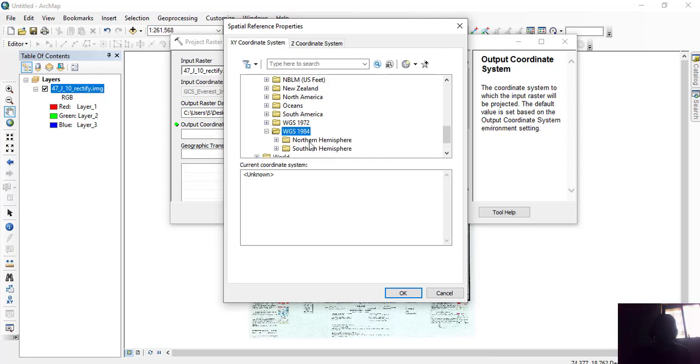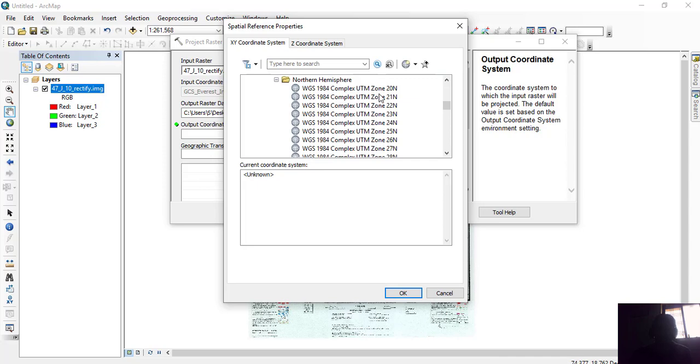So go to that. Now India is in the northern hemisphere of the world. So go to the northern hemisphere, and we know that in the UTM system there are 60 zones worldwide, in both hemispheres, north and south. So our country is in the north hemisphere, and the region that we are dealing with is in Maharashtra state of India.